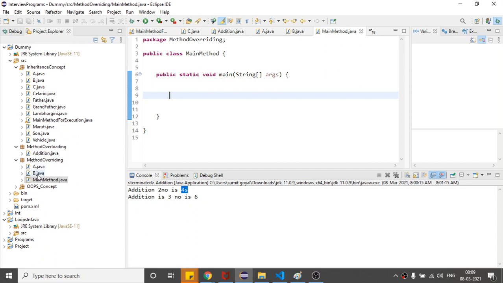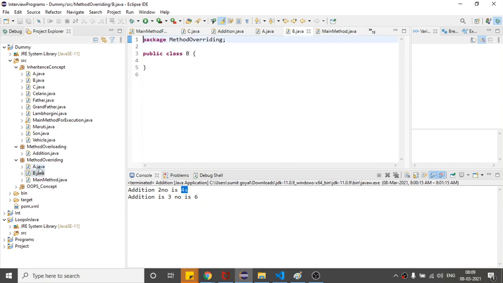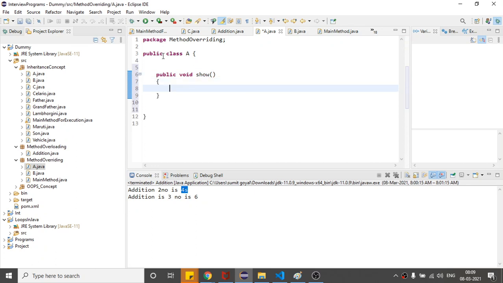So we have already discussed what is single inheritance, right? Suppose class A, if I write class A, and I create one method public void show, so I will write in class A that show method.